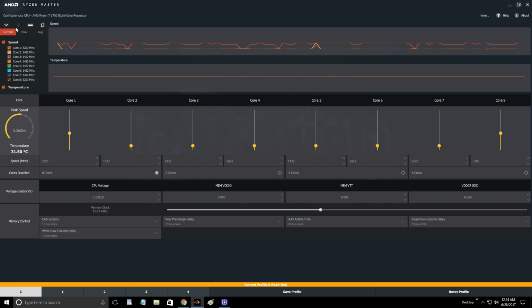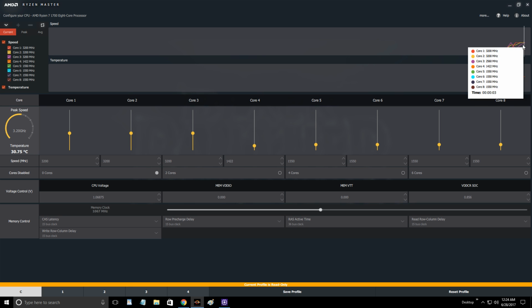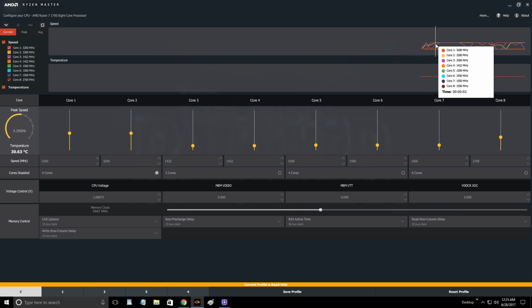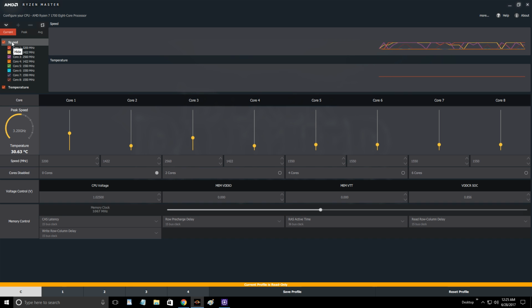on the current activity of the processor also, all right? And this one here is a clear log button, and you click this and the whole log will clear itself, and it will start a fresh monitoring graph. So each line has a unique color, and that represents each core that the Ryzen 7 1700 has. We have a speed tab right here,